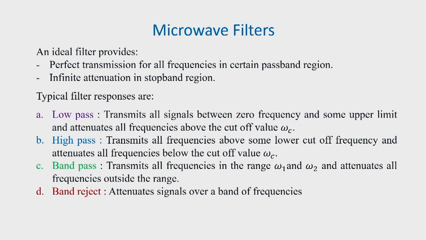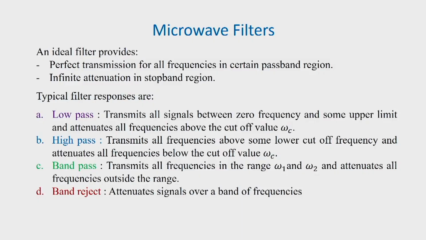And a band reject filter attenuates signals over a band of frequencies. So, a filter characteristic can belong to any of these typical responses, either low pass, high pass, band pass or